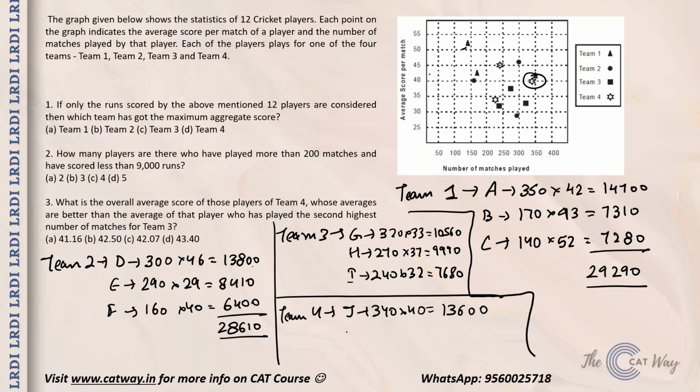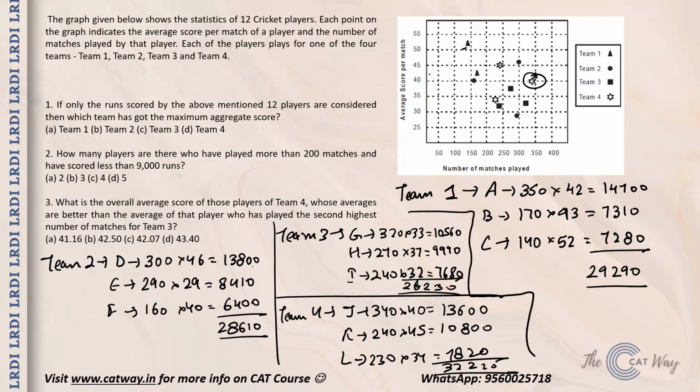Then we have the next player, that is player number K, and he has played 240 matches with an average of 45, and he has scored 10,800 runs. And then we have L, who has played 230 matches at an average of 34 and has scored 7,820 runs. The total runs scored is 32,220. And similarly over here, the total score by them is